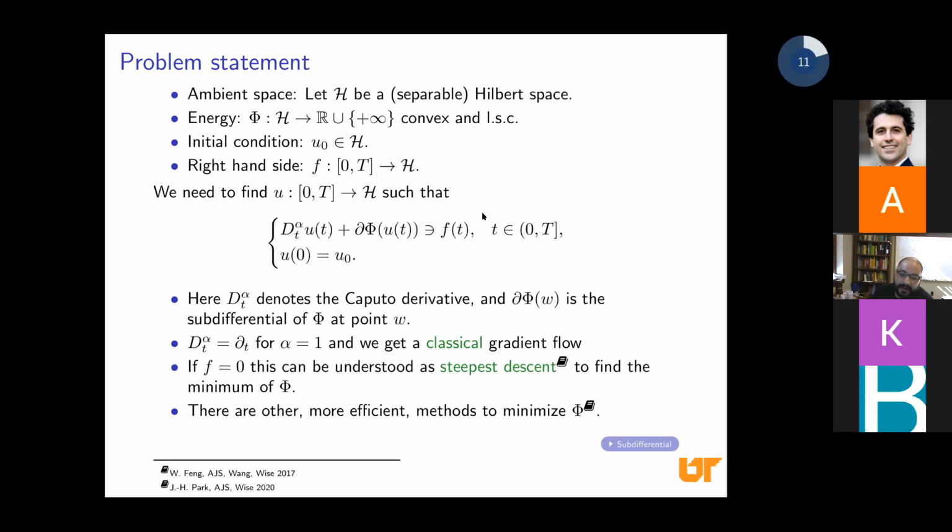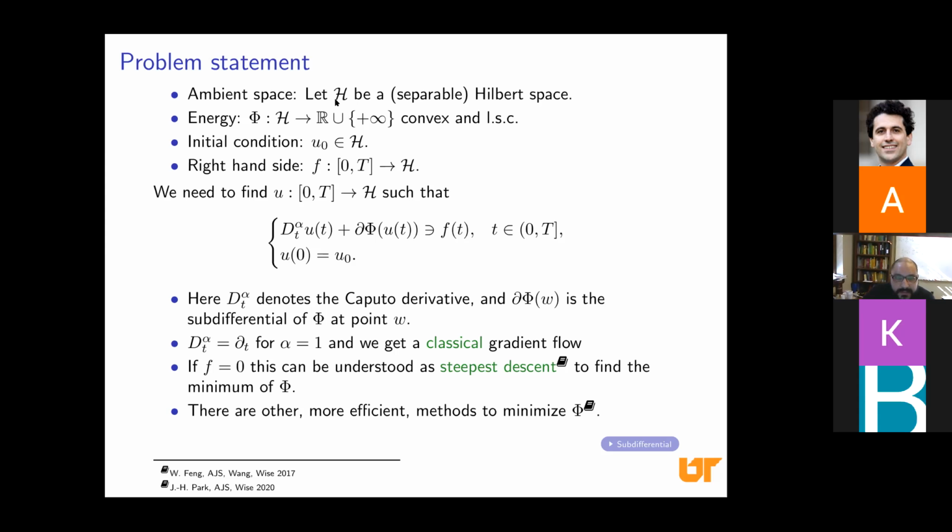And so I have come to the big generality by saying that the type of problems that I want to consider are of the following form. Let's say that I have a separable Hilbert space. I need separability because, first, I want to do numerics, and I don't know how to do that in a non-separable space, but also because of some measurability issues that may arise, and I will not mention them further.